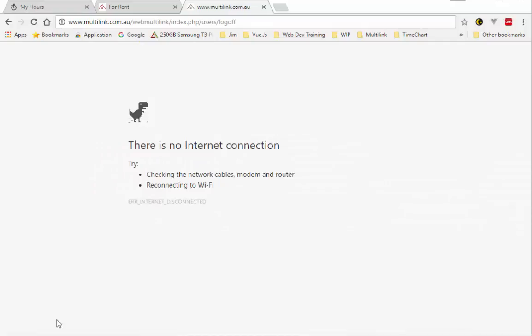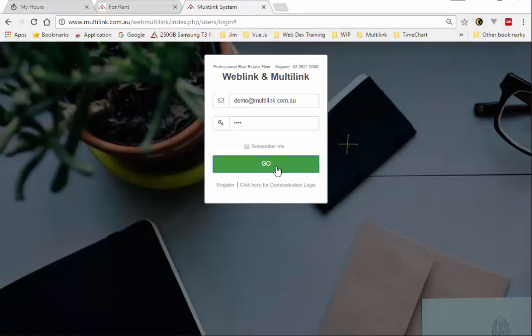and I'll log out. So now we've put in people and we've lost connection and they haven't been saved to the server. So now I'm just plugging in my network cable again. So I'm back online. So now if I log in again,